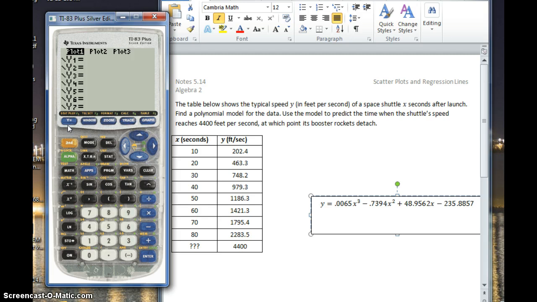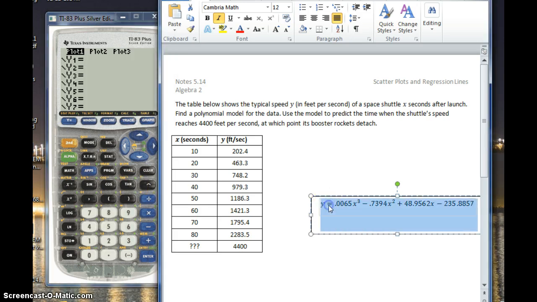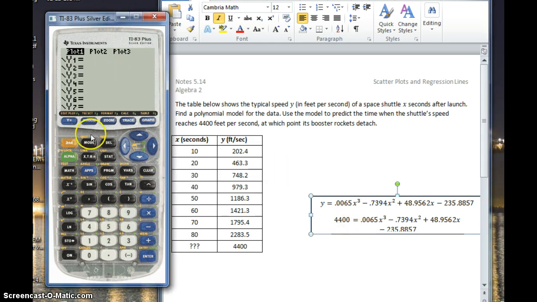I'm going to graph the line. First of all, here's what I could do, since I'm trying to show work for you guys on your notes. If I go to the next line, I type it in again. This time the question is, if I type in 4400 for y, what do I get for x, right? Does that make sense? And so the left side becomes y1. We've done this multiple times, haven't we? And the right side becomes y2,